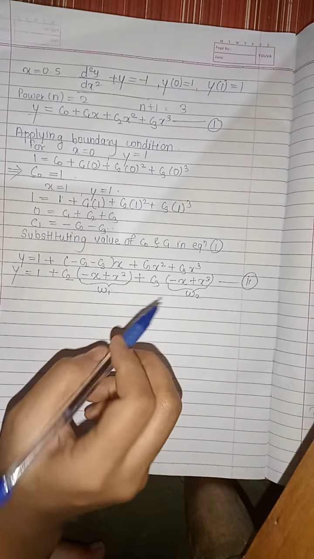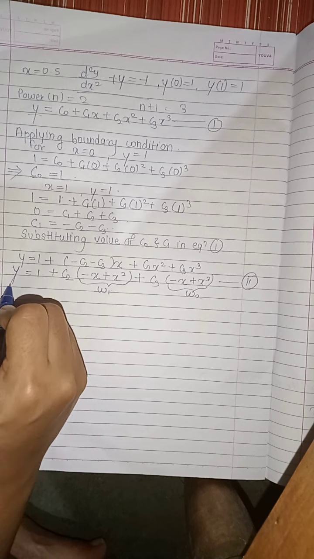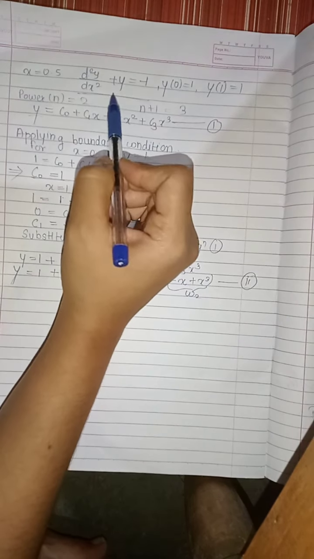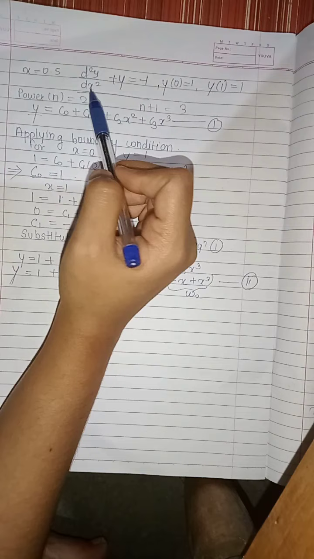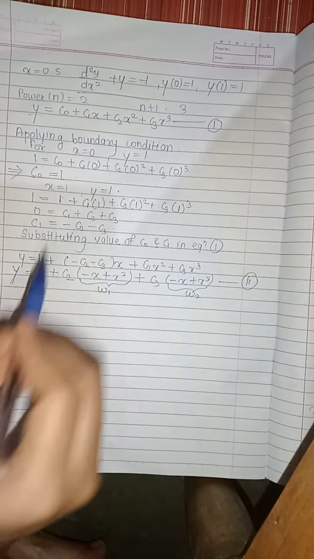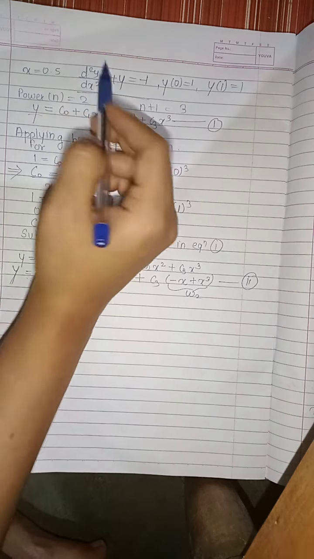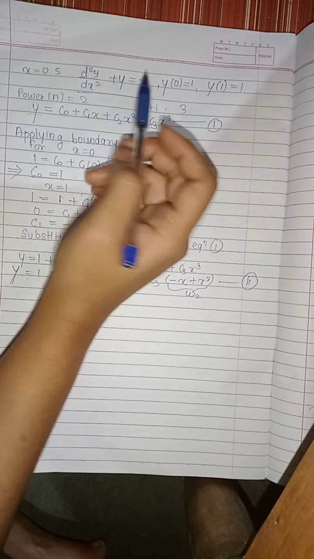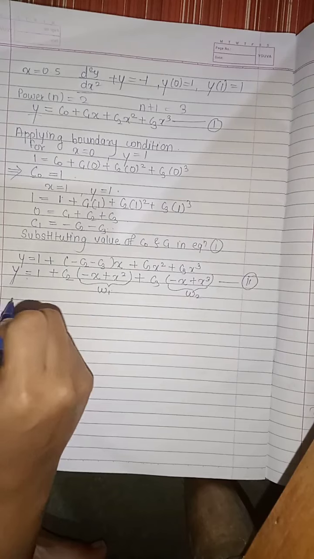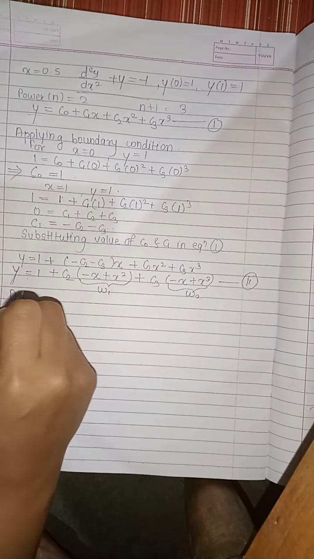Okay, so now as you see, this is y, and in the given differential equation we have d square y by dx square. So now we need to differentiate this y 2 times so as to get the value of d square y upon dx square. So first of all, differentiating